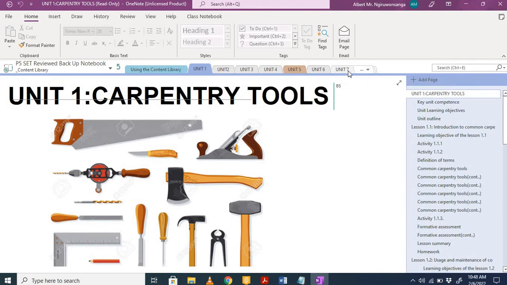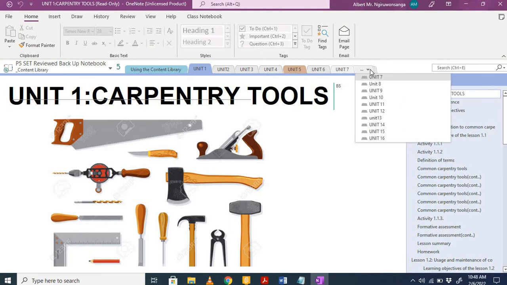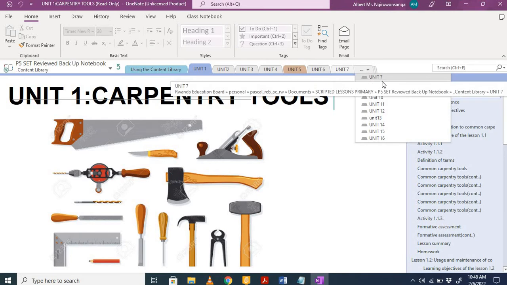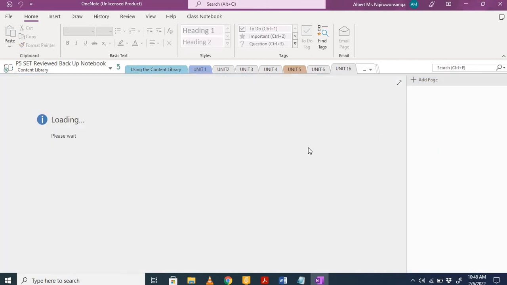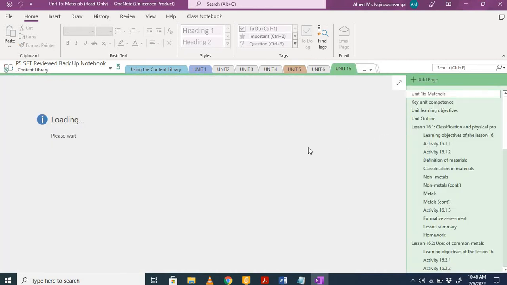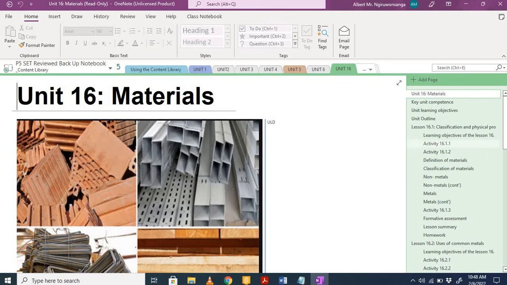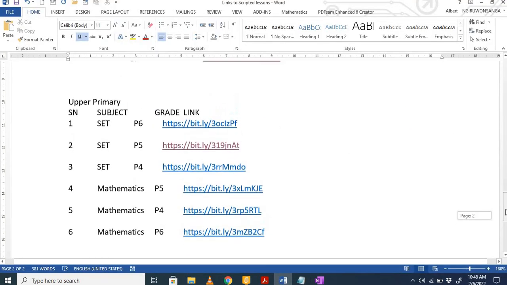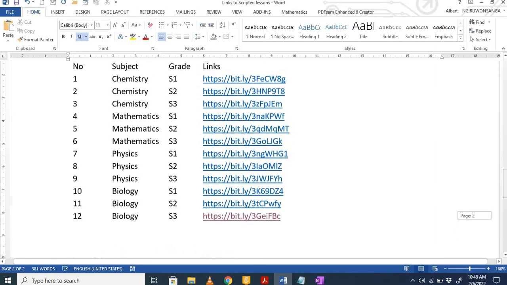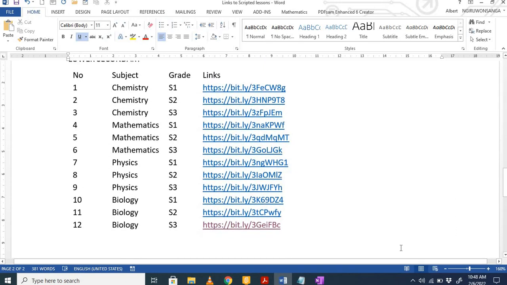Of course, the list is not exhausted. If you want to see unit number 8 and others, you click here on this drop down arrow. You will see other units which were hidden. So feel free to click on any of them to be able to access lessons allocated in it. So this is it. So I hope you will not be getting troubles accessing these links that were shared with you to access the lessons which are already created in the OneNote